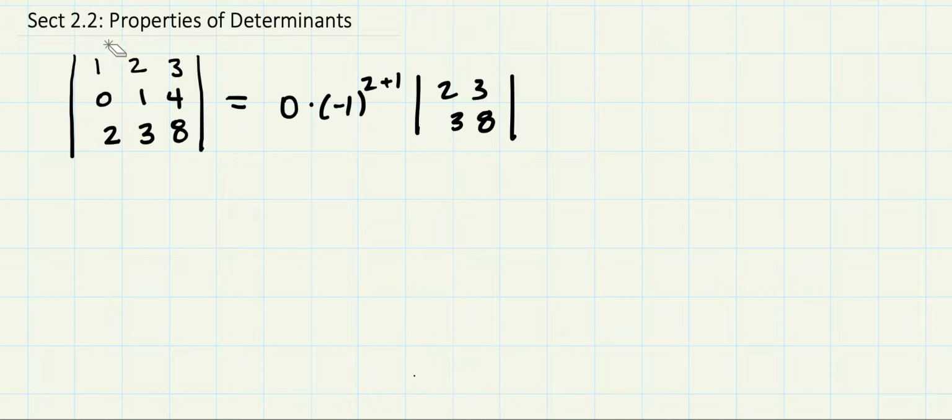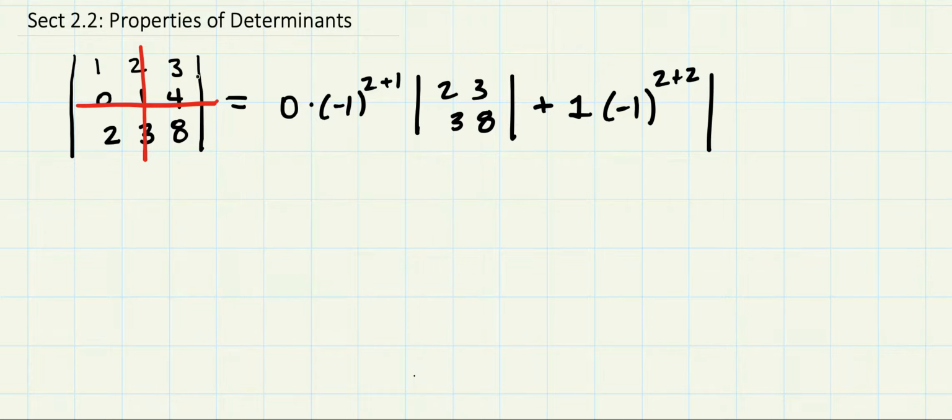Okay. Then we're going to put plus 1. I'm going with this entry here, so I cross out the row and the column. It's -1 to the 2 plus 2 times the determinant of the matrix 1, 3, 2, 8